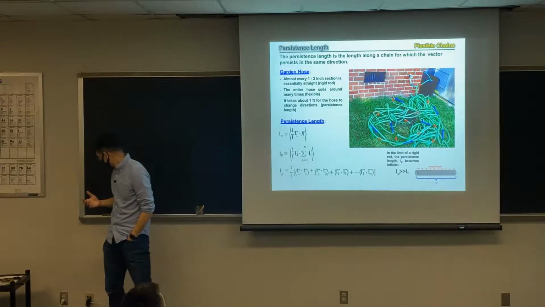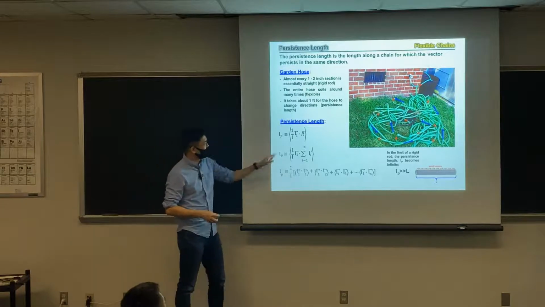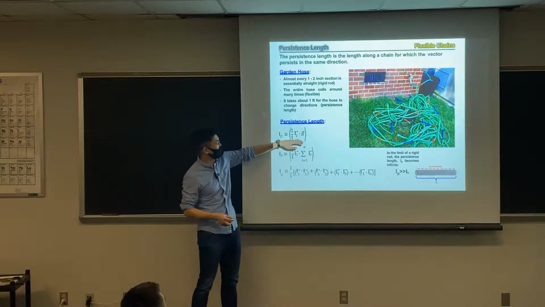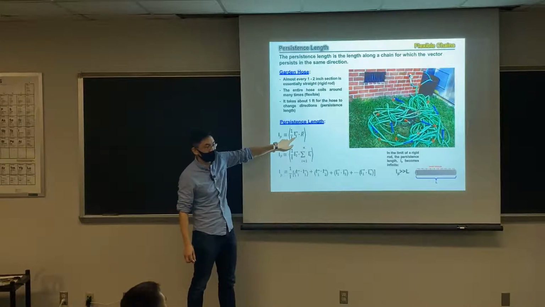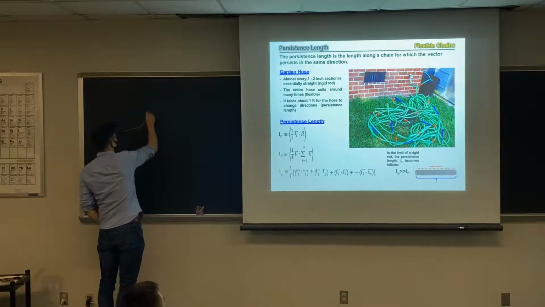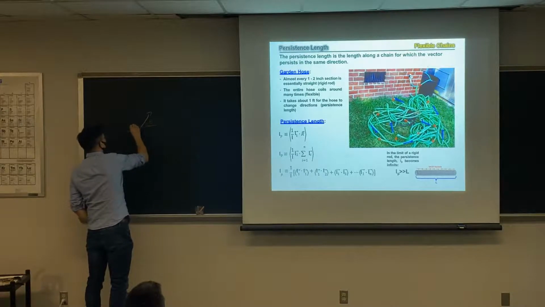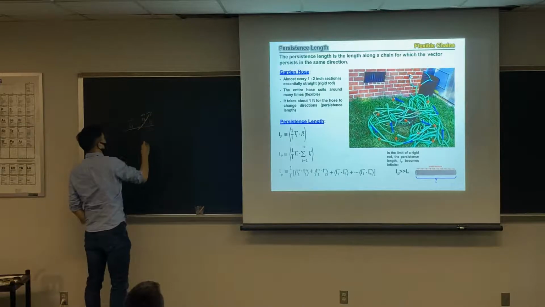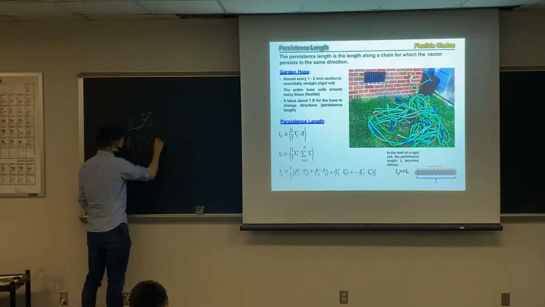So LP is basically defined as the projection of your R along this first bond direction. If we review a dot product, this is theta. Let's write it as L1, and this is L2. So the dot product L1 dot L2 will be equal to L1